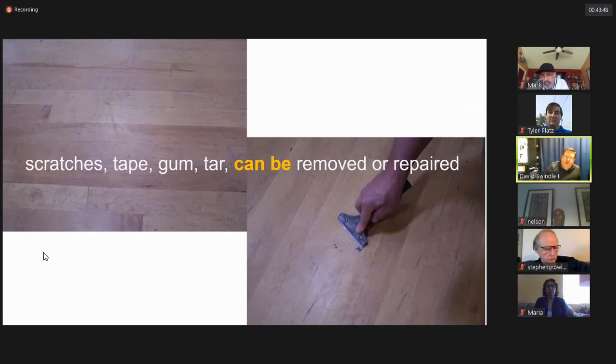So that's because they don't sand it often. Once you've sanded it about 3 times, that's about the life of that wood floor. You can't do it much more than 3 to 4 times. And some of the newer floors are even as little as 2 to 3 times. So